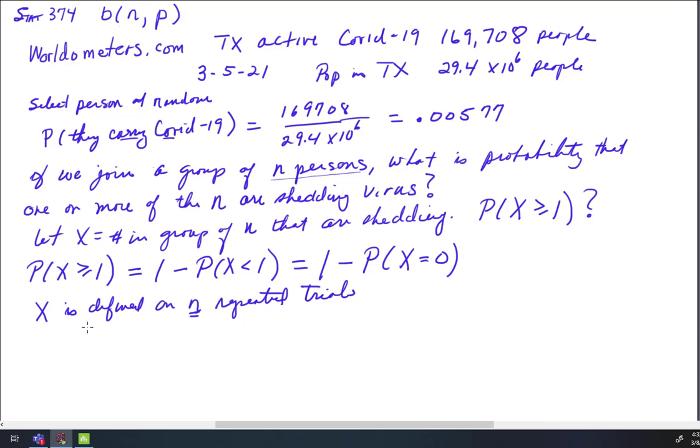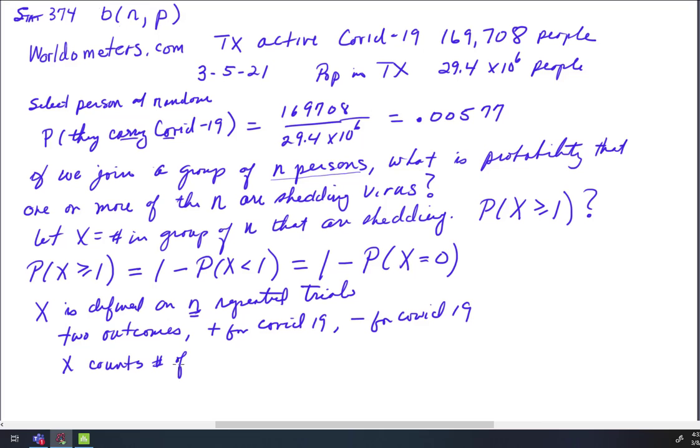And so X is defined on n repeated trials. There are two outcomes, and that would be success or failure. Positive for COVID-19, negative for COVID-19. And X counts the number of